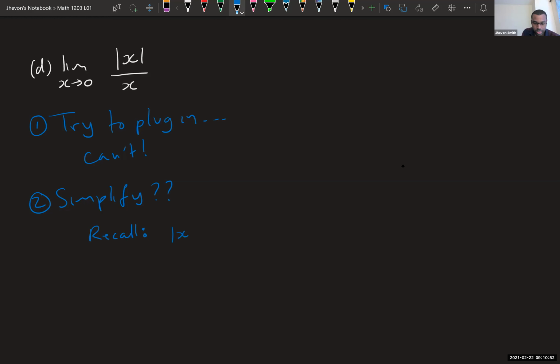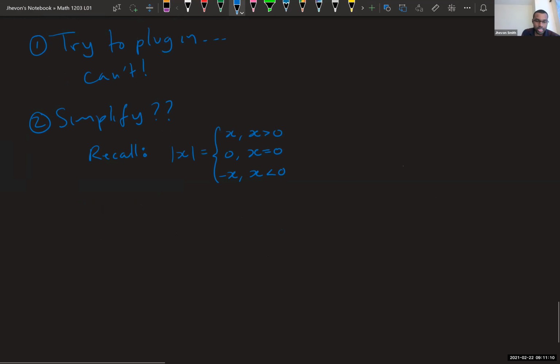For us, we know it's a piecewise function. When x is positive, it's x, it's 0 if x is 0, and it's minus x if x is negative. Because if x is negative and I take a negative of the negative, it makes it positive, and the absolute value is going to keep things 0 or bigger. So that's the definition. And so this means that if I have absolute value x over x,